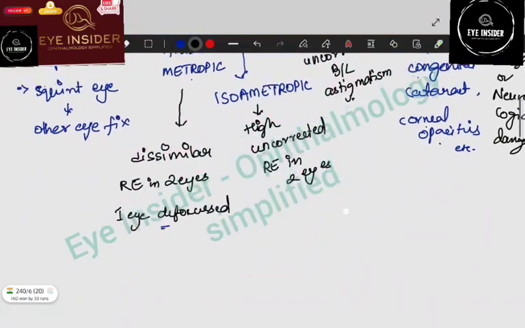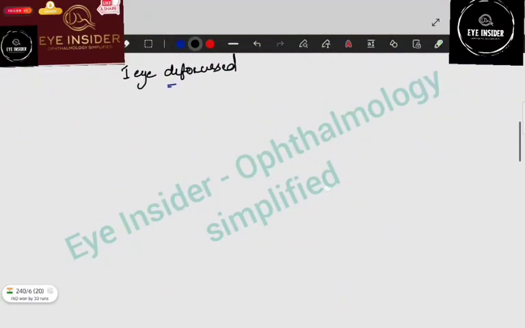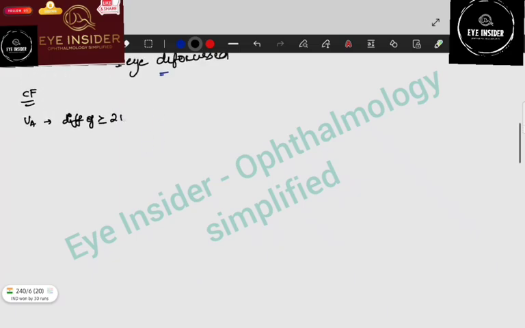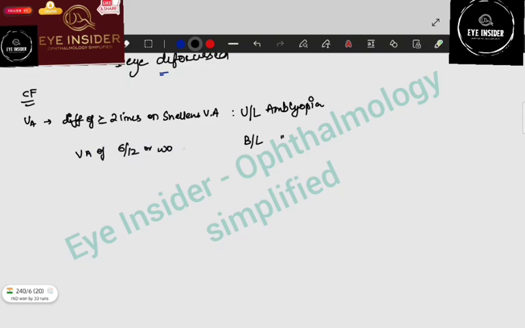Now coming to the clinical features of amblyopia. Describing it in terms of Snellen's visual acuity, there should be a difference of greater than or equal to 2 lines on the Snellen chart if the amblyopia is unilateral. And if there is bilateral amblyopia, there should be a visual acuity of 6/12 or worse in both the eyes